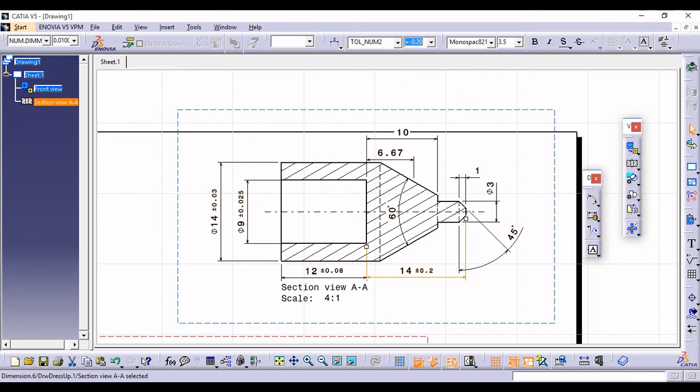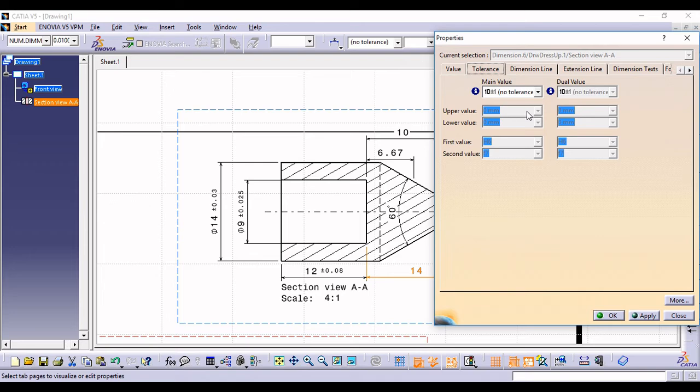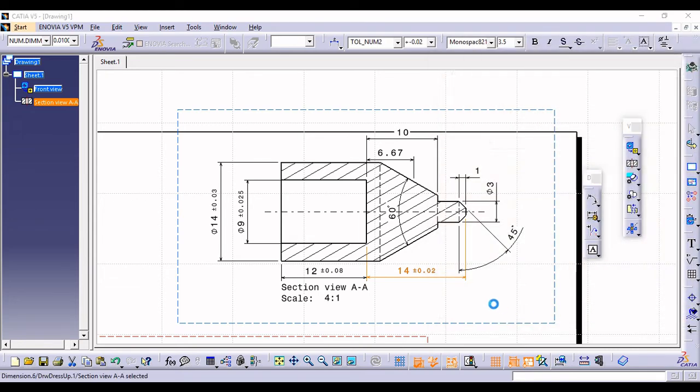No, this is not there, so we have to define it. Right click, go into its properties and under tolerance, first give 0.02 and here minus 0.02, say apply, so okay.